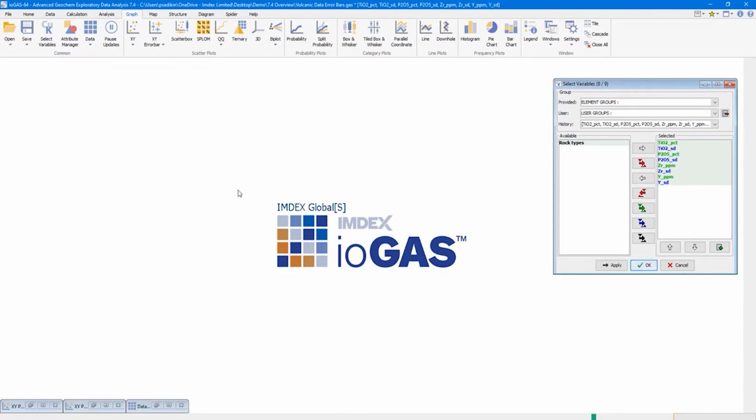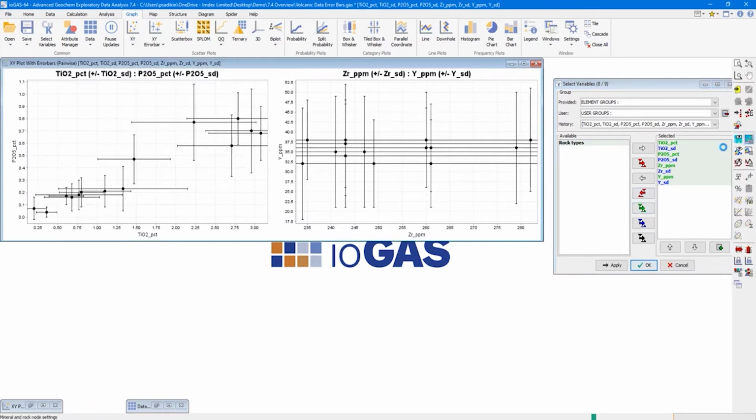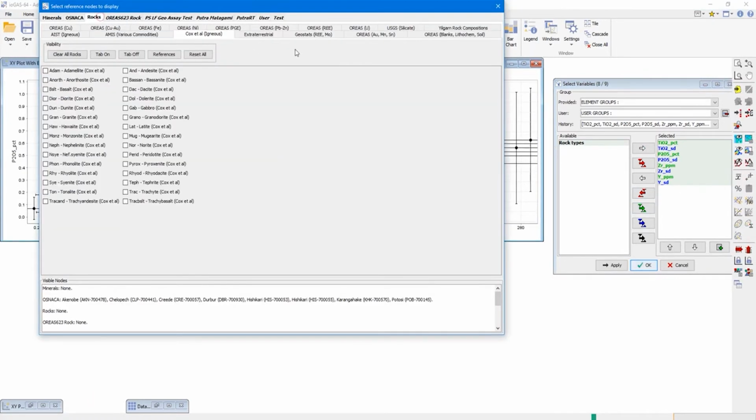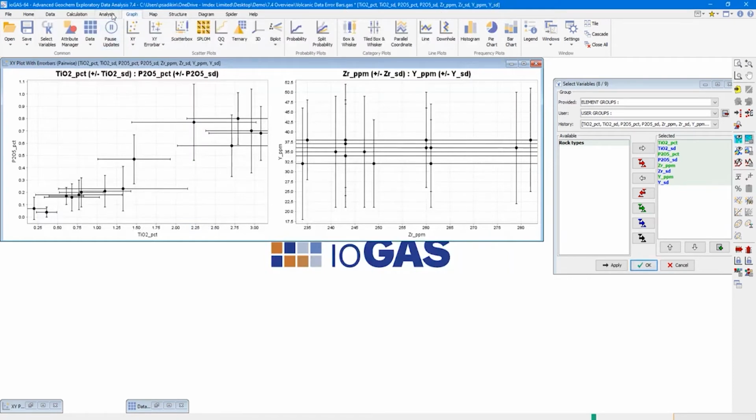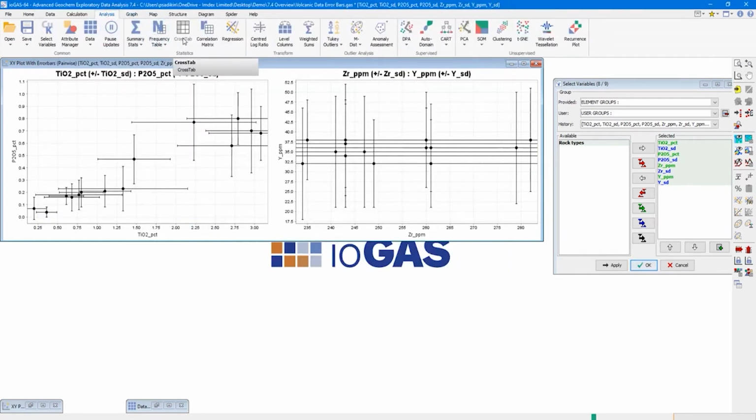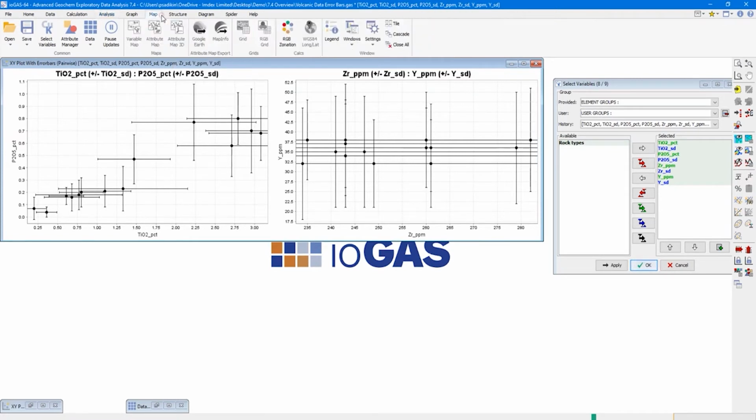Some of these include Scott Haley's additions of new ioGAS rock composition nodes, which you can find in the rock composition tool in XY plot in ioGAS. This also comes with a number of new classification diagrams on Kalgoorlie rocks, which you can find in the provided diagrams menu. And we've also made improvements to the way we report total rows and number of multivariate rows with calculation results. We've also improved performance in the crosstab tool and improved the way map grid legends are displayed in ioGAS. For more information, please refer to the What's New documentation in our help file,